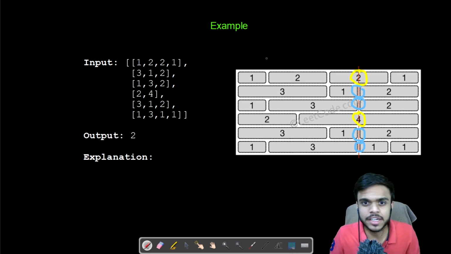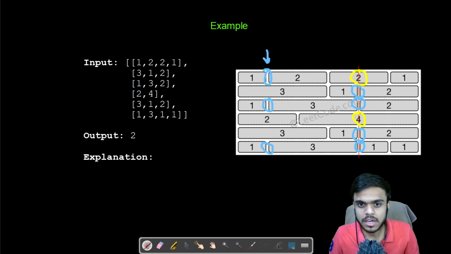For example, if we take a look at this index, here we have 1, 2 and 3 edges. Other than this, we do not have any edge there. For this index, we just have one edge. For this index, we have 1, 2, 3 edges. For this, we have already seen that we have 4 edges. For this, we have 2 edges, right?